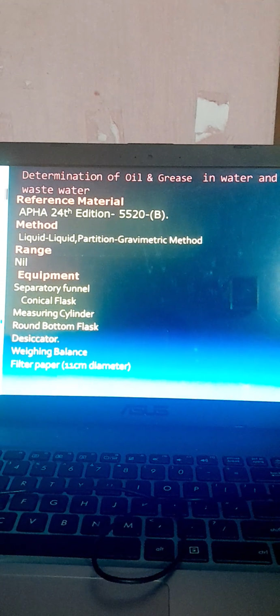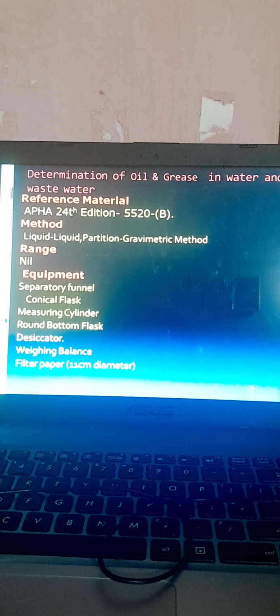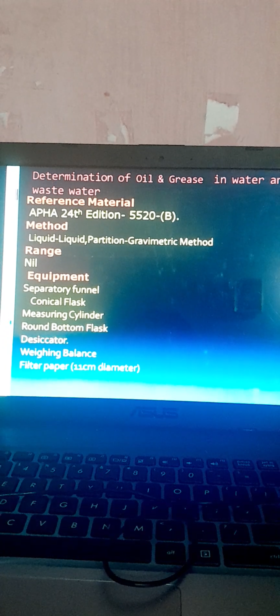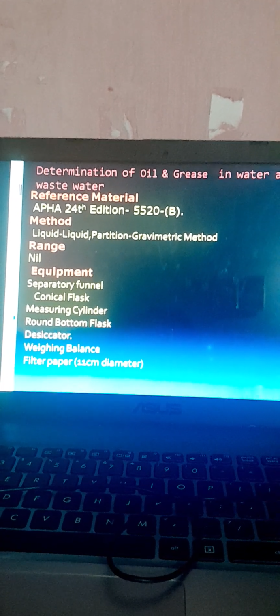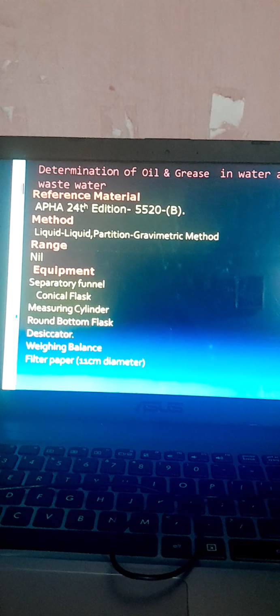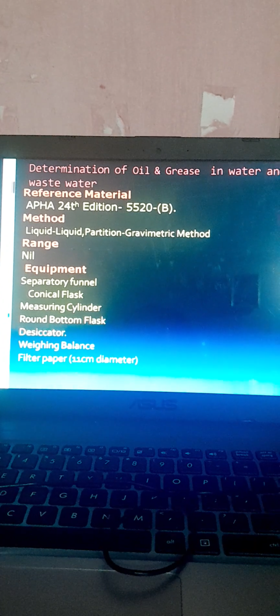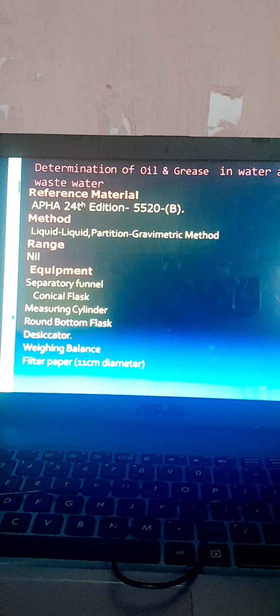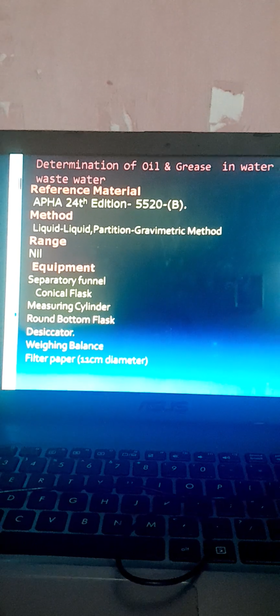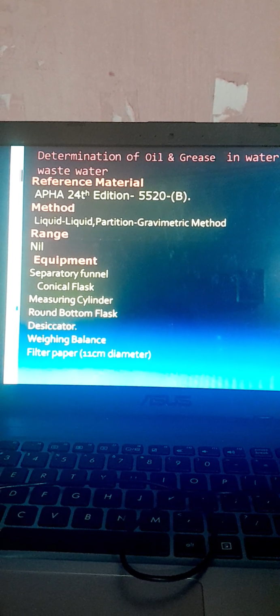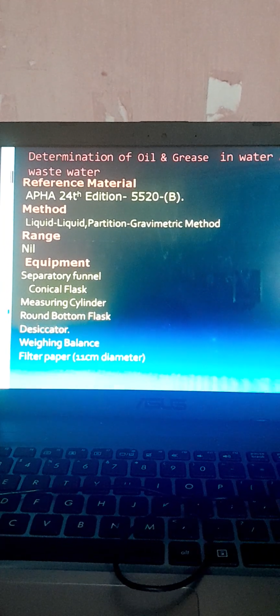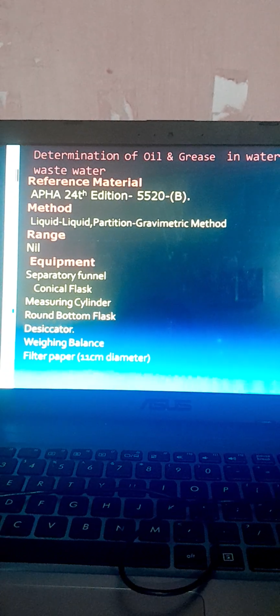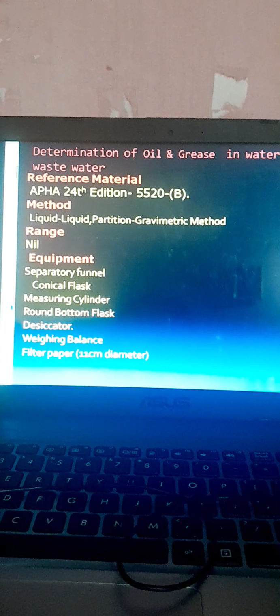Then, determination of oil and grease in water and wastewater. For this we have to refer to the 24th edition, 5520B section. The method is the liquid partition gravimetric method. The equipment required is a separatory funnel, conical flask, measuring cylinder, round bottom flask, desiccator, weighing balance